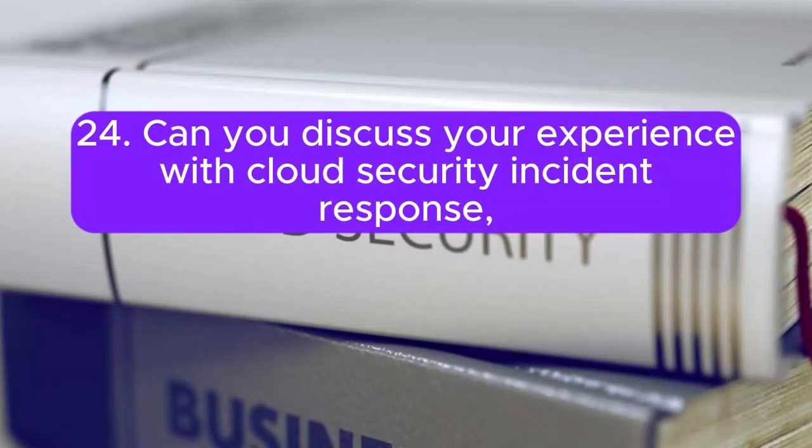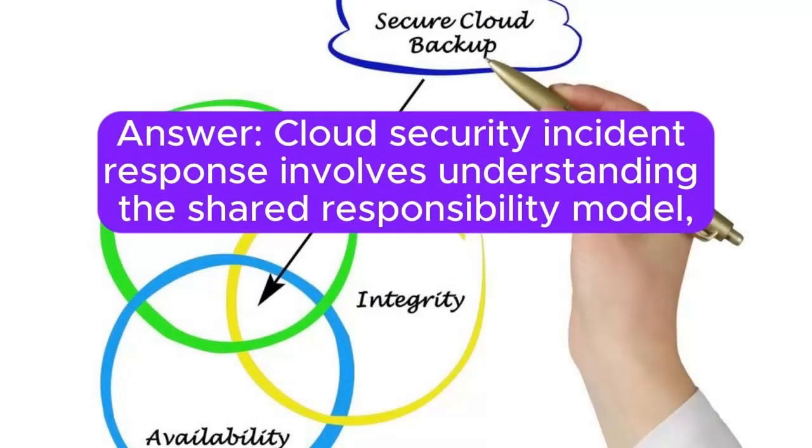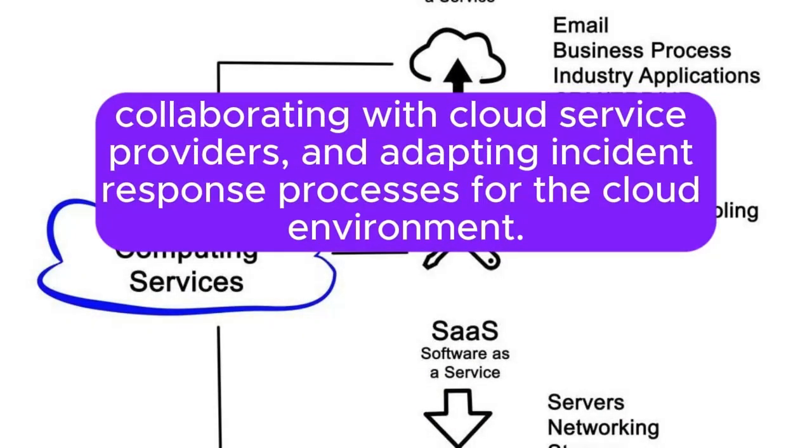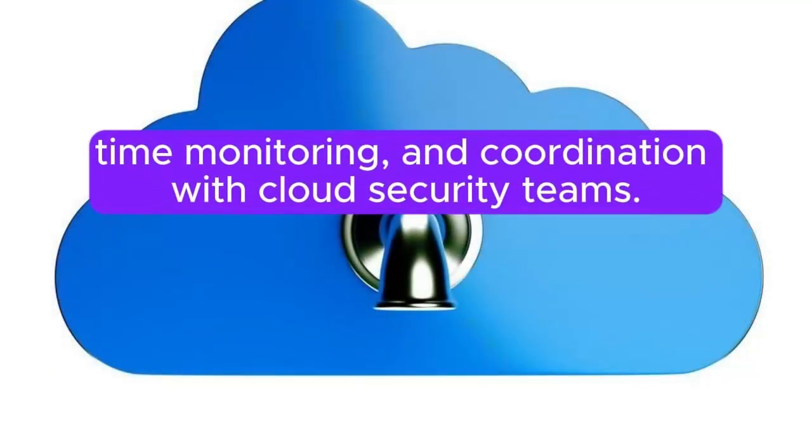24. Can you discuss your experience with cloud security incident response? And how do you address unique challenges associated with cloud environments? Answer: cloud security incident response involves understanding the shared responsibility model, collaborating with cloud service providers, and adapting incident response processes for the cloud environment. Challenges such as multi-tenancy and shared infrastructure are addressed through clear incident response plans, real-time monitoring, and coordination with cloud